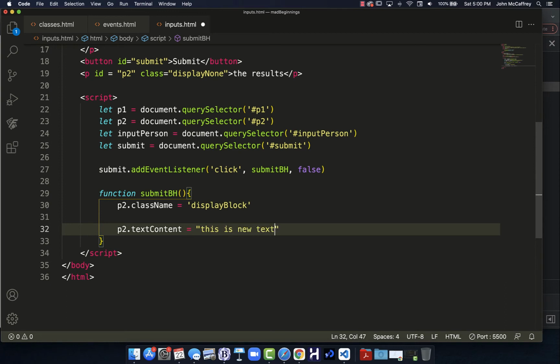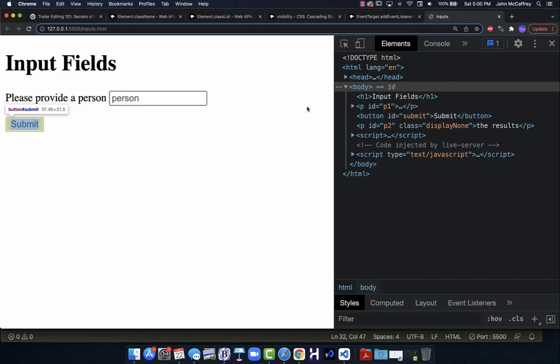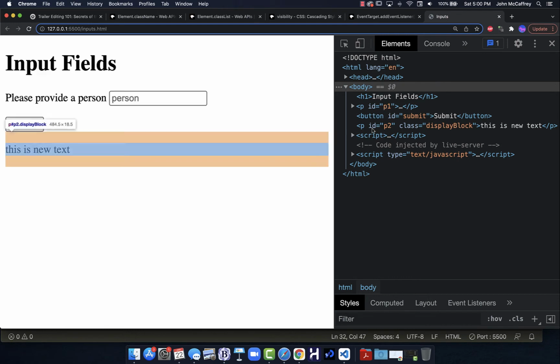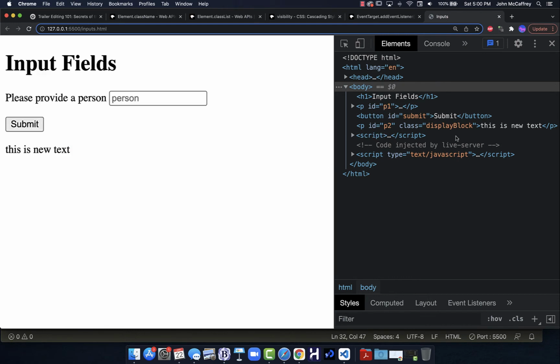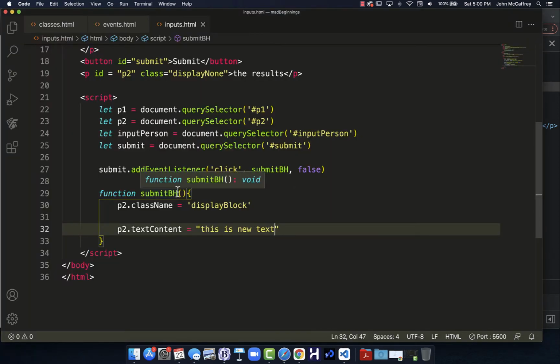So if I just say this is new text, save it, go here, submit, we can see how it updated it. So now that paragraph has been changed because its original content said the results. We can see that over here under elements, and now it says this is new text. So let's go back over into Visual Studio Code and instead say